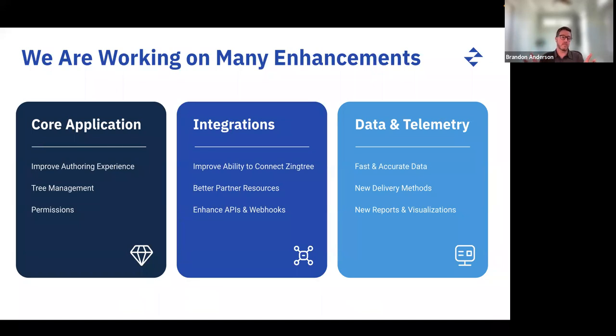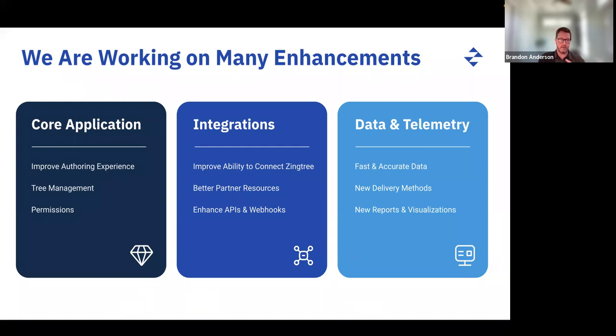Now, we don't want to be disruptive to your business as we do that, right? So we are phasing the pattern in which we're moving organizations over. I'm not exactly sure where your organization is in that migration from the classic authoring experience or the old visual designer into the new authoring experience and visual designer. But we're trying to be very thoughtful about how we do that and the amount of time that you have to become acclimated to the new system. So if you have concerns about it, please feel free to reach out to your account manager or our support team, and we're happy to talk about that as well.